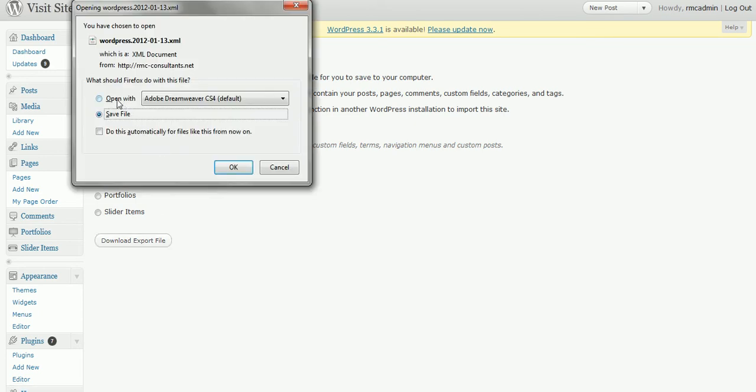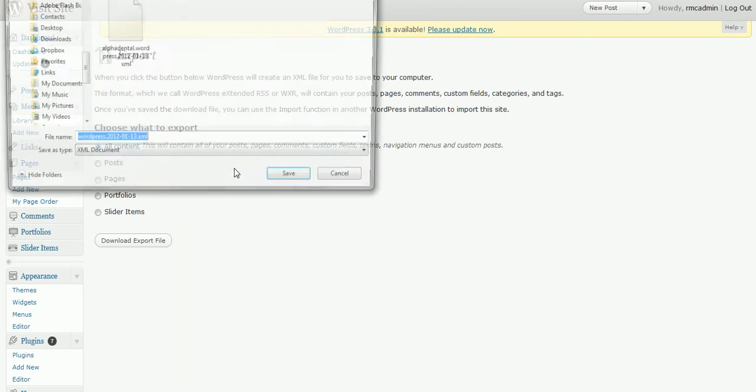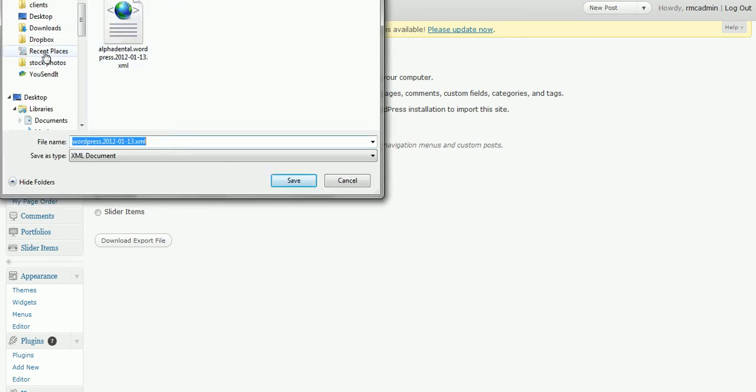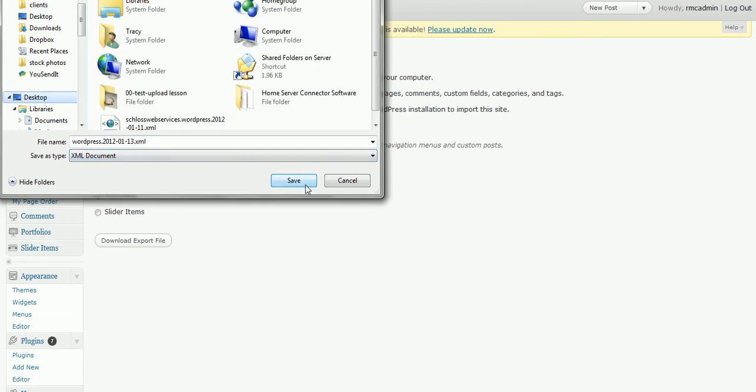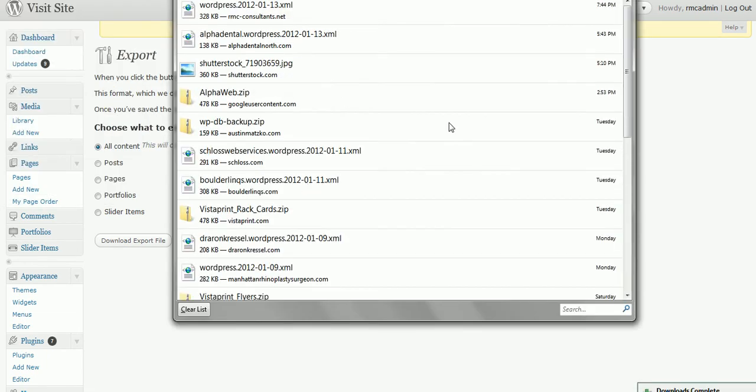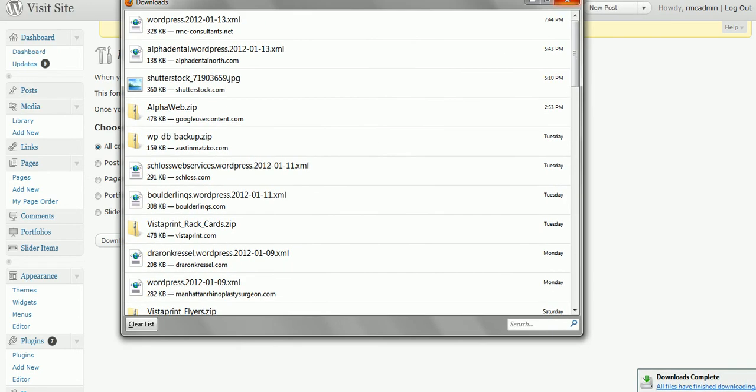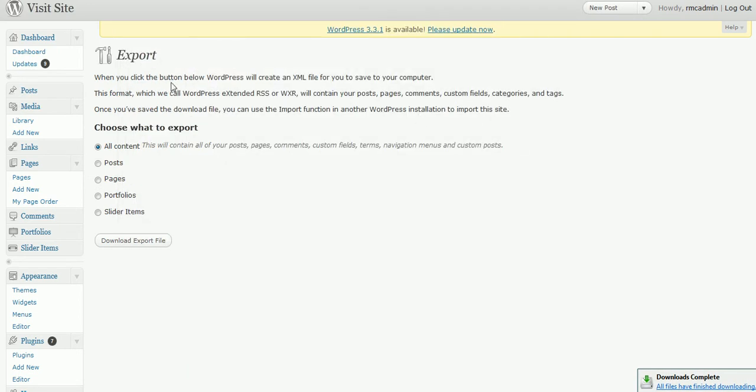We save it. Don't hit the open with, just hit the save. It's an XML file. Most people don't have a place where you can open it, so just leave it that way. Save it to desktop. It takes a minute. Once you've done that, go into your updates folder,